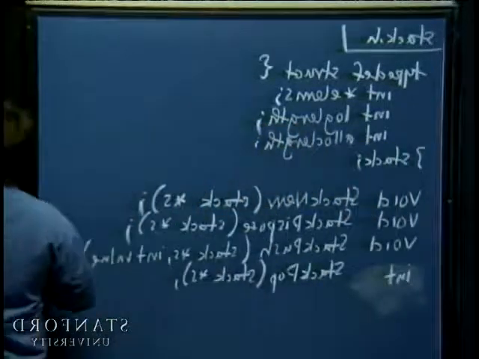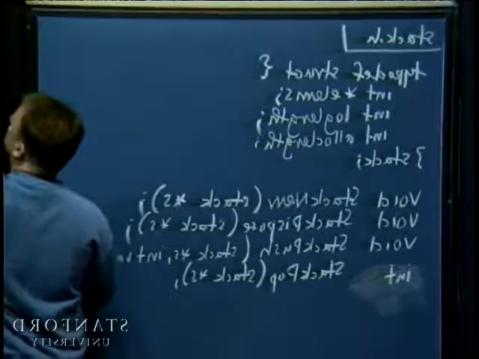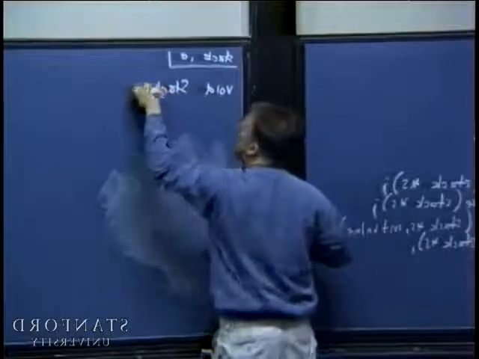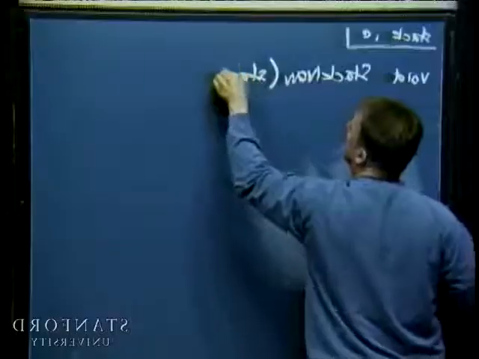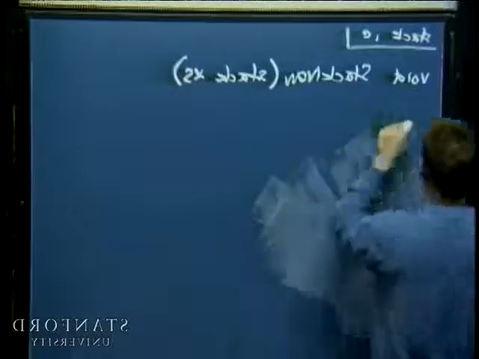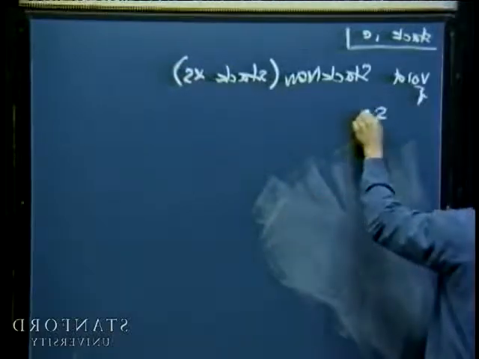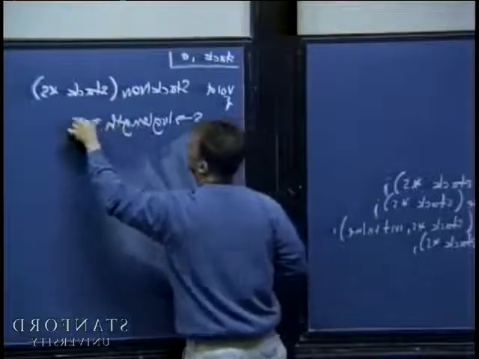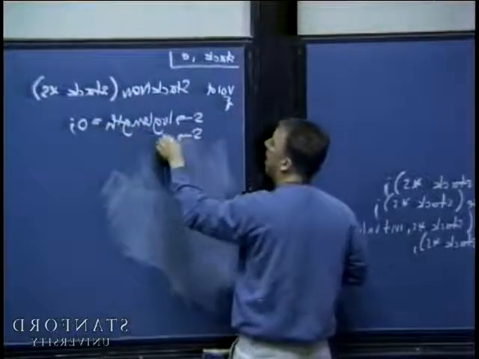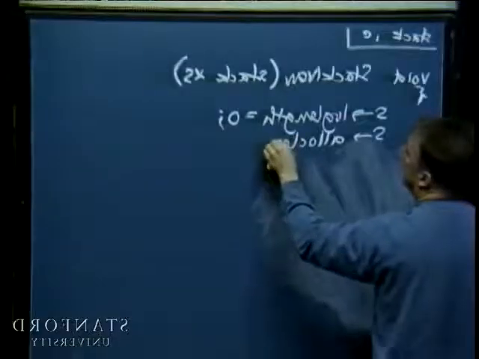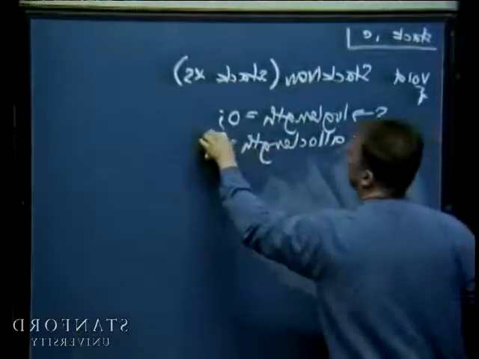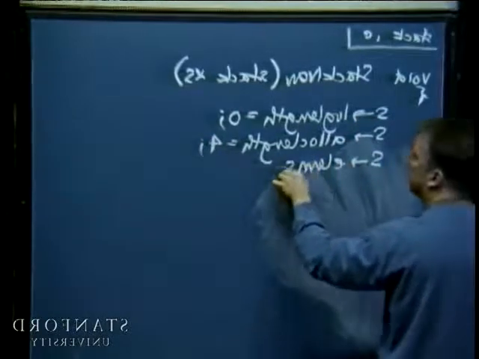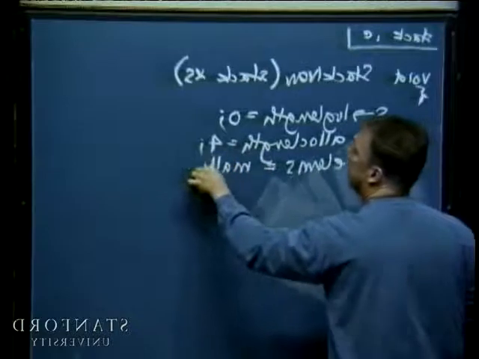This is the .c file, stack.c, void stack new, stack s. I have these three things. Stack log length is equal to 0. That's because the stack is empty. I'm going to make space for 4 elements. And then I'm going to go ahead and allocate space for 4 elements using C's raw dynamic